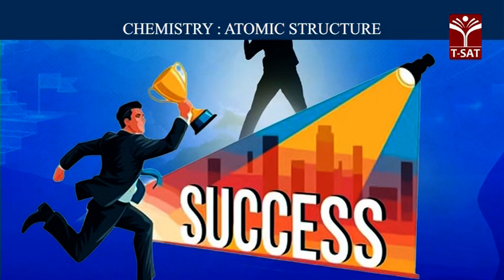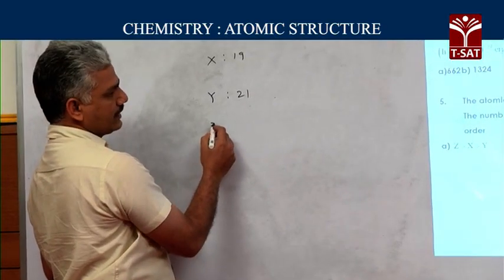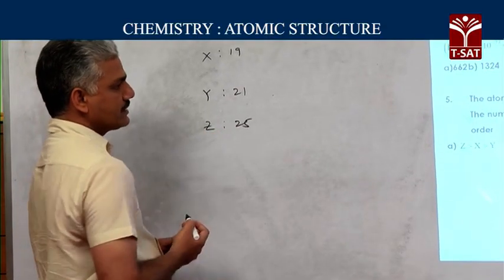662. The atomic numbers of elements x, y and z are given as 19, 21 and 25 respectively. Number of electrons present in the M shell of these elements follow the order. So, to solve this problem, we have to write down the electronic configurations of the given elements. X atomic number is given as 19, Y atomic number is given as 21, Z atomic number is given as